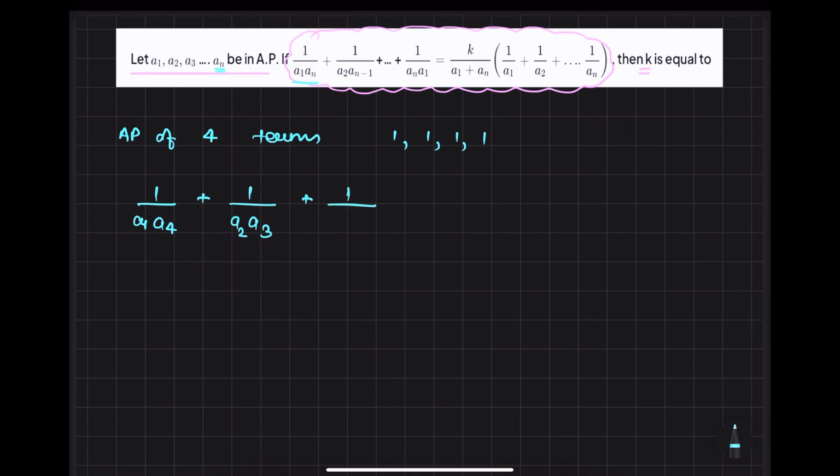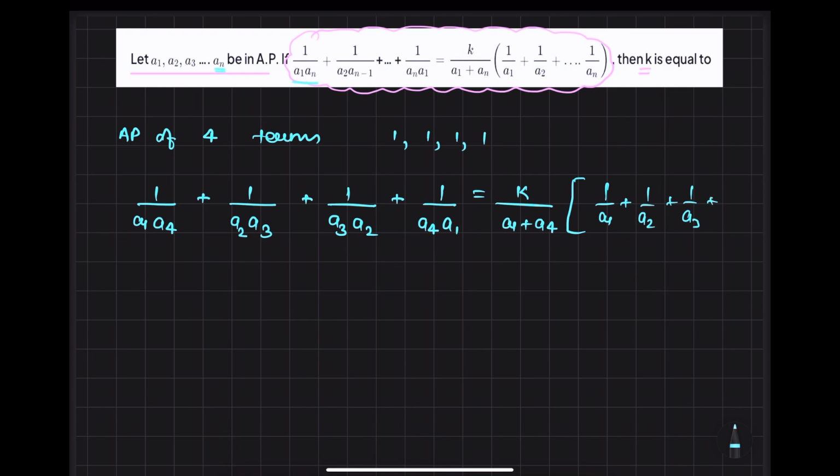Then we have A3, and this thing will become A2. Then we have A4, A1. So you have to stop here, equals k. We don't know who k is, and A1 is 1, An is 4. Okay, then we have A1, A2,